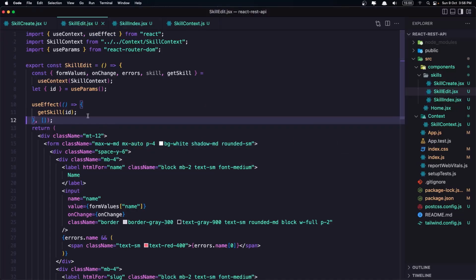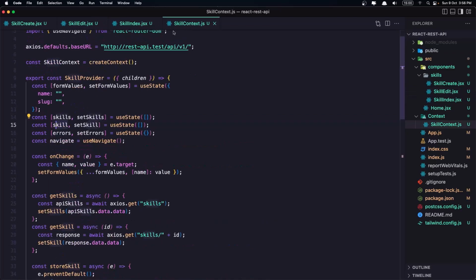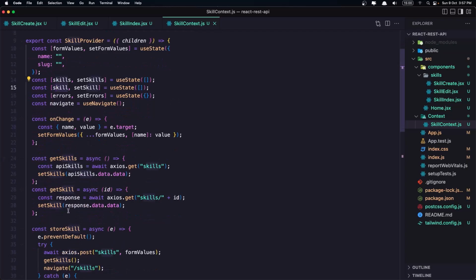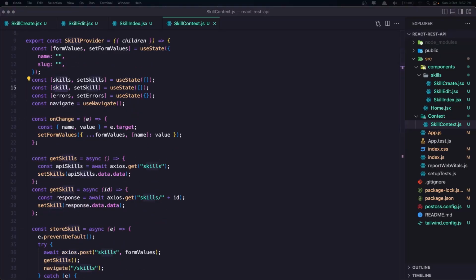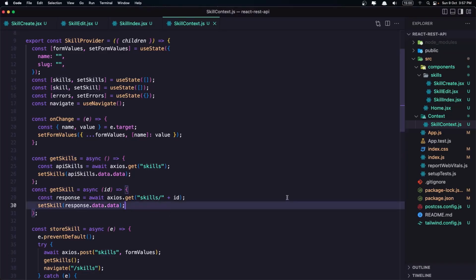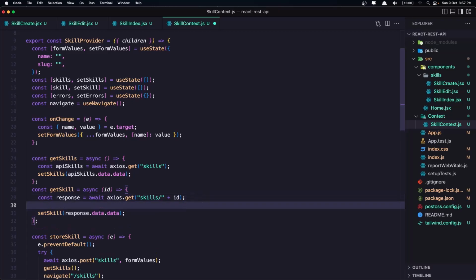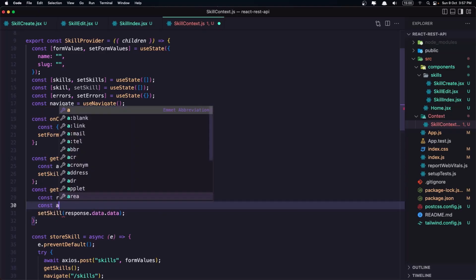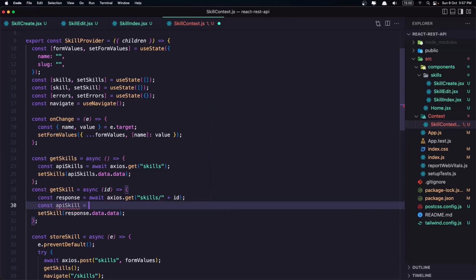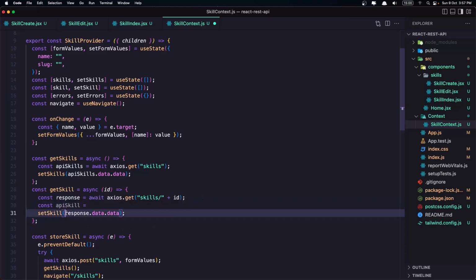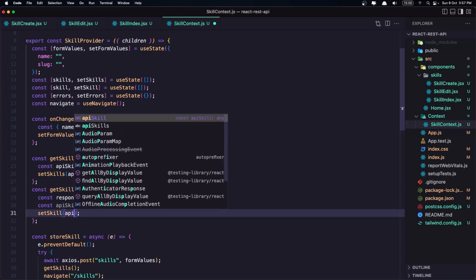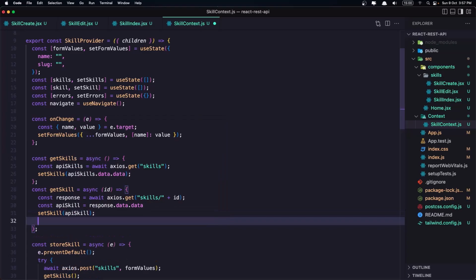Okay, now when we call this getSkill, so let's go to skill context, get a single skill, we set that, but I also want to update the values for the form. So let's first create a constant for the API skill, and it's going to be equal to the response data.data. With this one, here we set the skill to the API skill, and also I want to set the